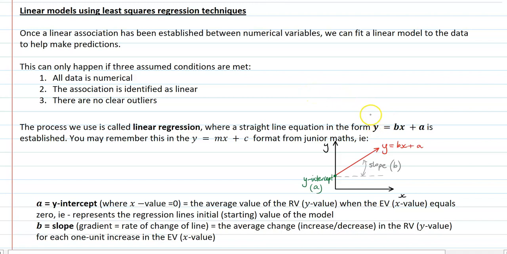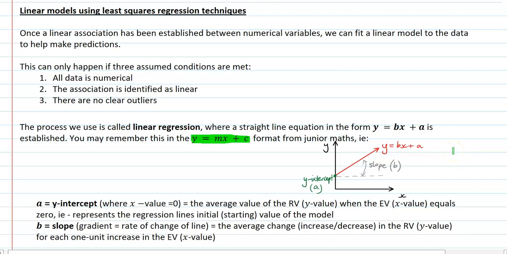And we use a straight line equation for Maths General in the form y equals bx plus a. And you may remember this from junior maths, where instead of y equals bx plus a, we were very familiar with y equals mx plus c.